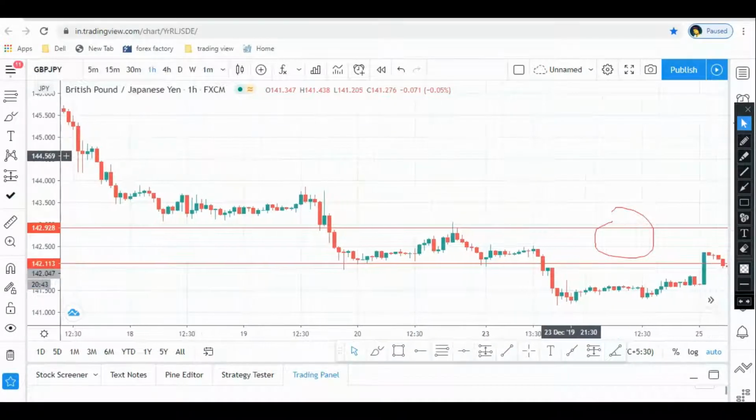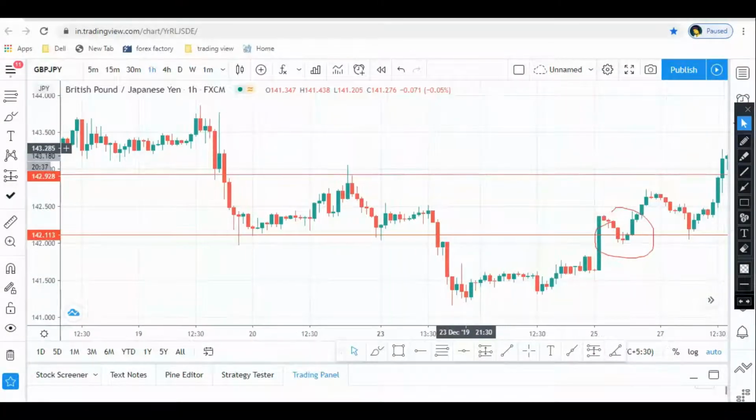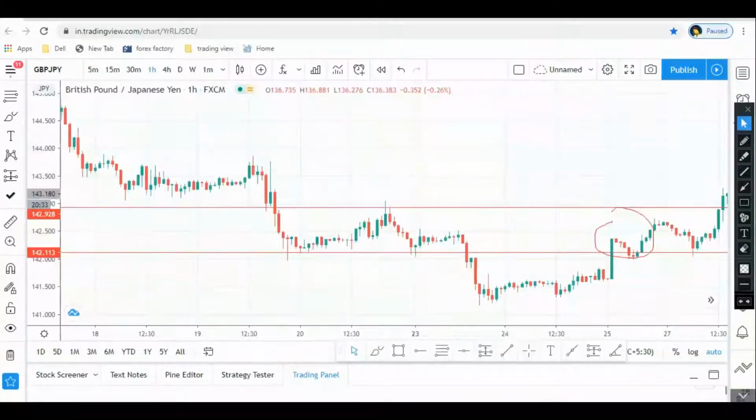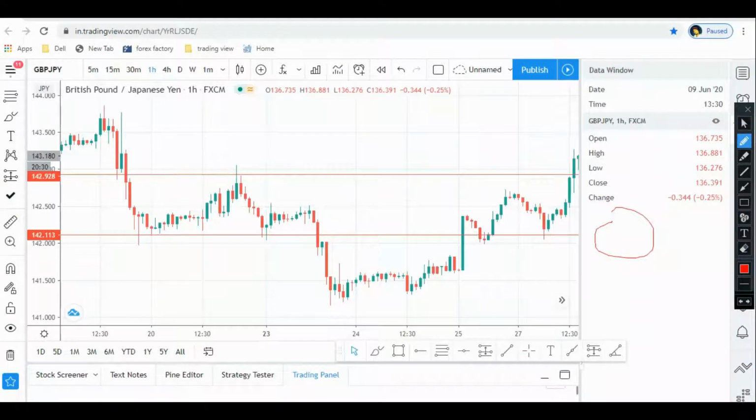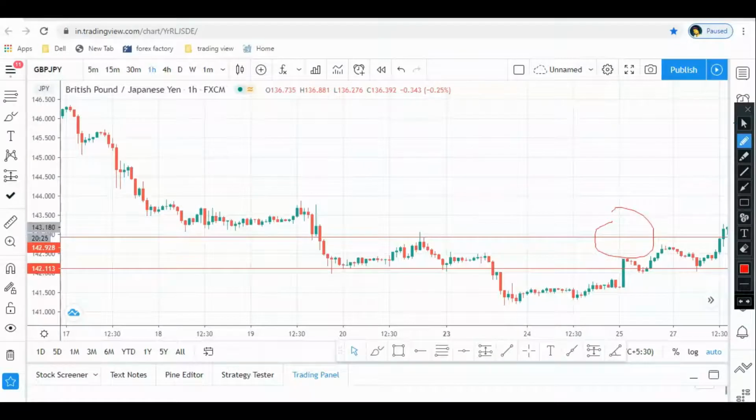Let's see, price reached and I have placed my buy order. Boom, I made a profit. Why did I place my take profit in this particular area? Because this area previously acted as a support, which was broken out by this candle. So hopefully price will break out. Price just now broke out of this area, reached the support zone and went up. It might have touched this area and went down. So this is the reason I placed my take profit in this particular area.